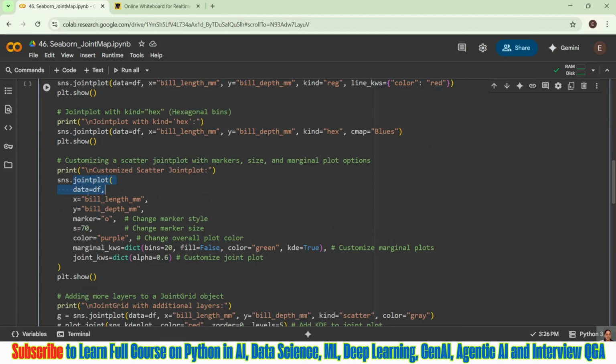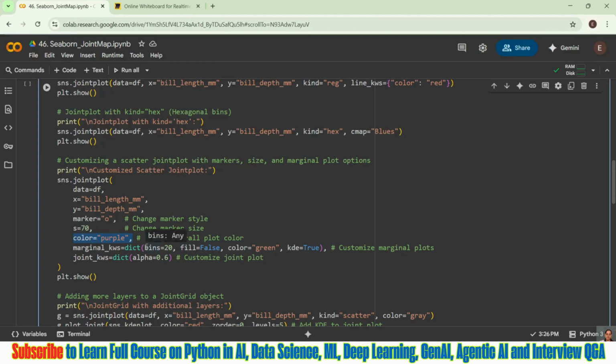sns.jointplot, data, x, y, marker, scatter plot. This is the property, and we saw how to create it, right? Marker is the marker type, and s means your marker size. For color, I want the scatter plot marker color to be purple. Then marginal_kws, this is nothing but your marginal plot.